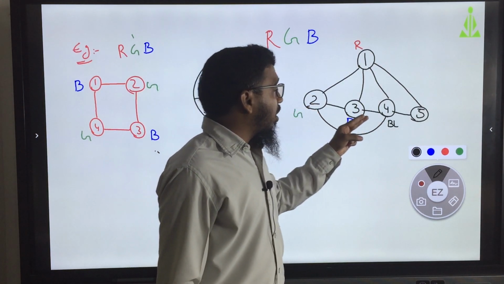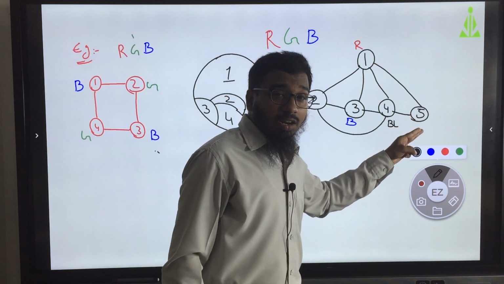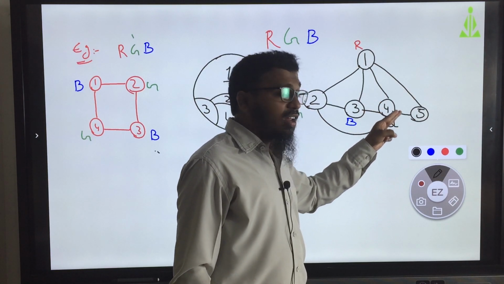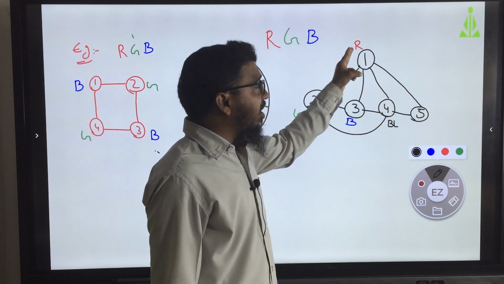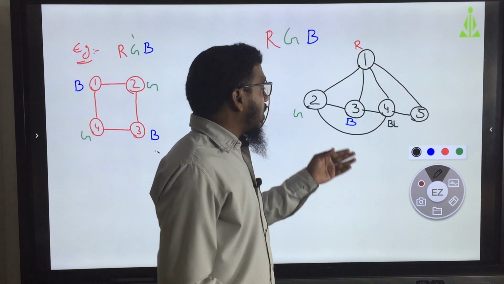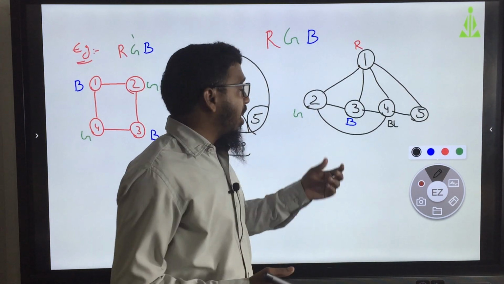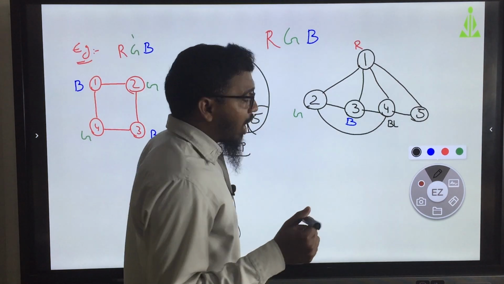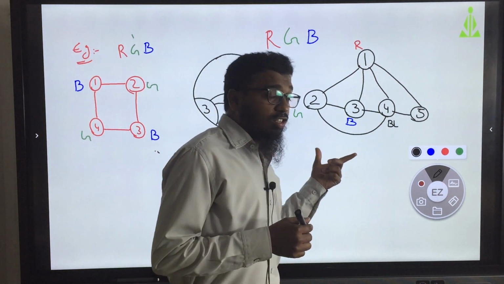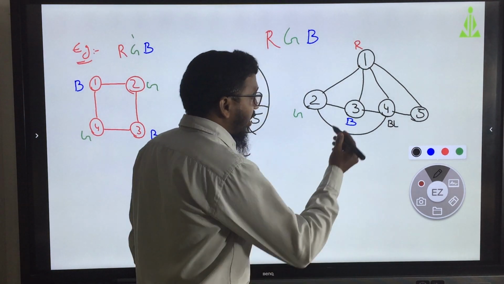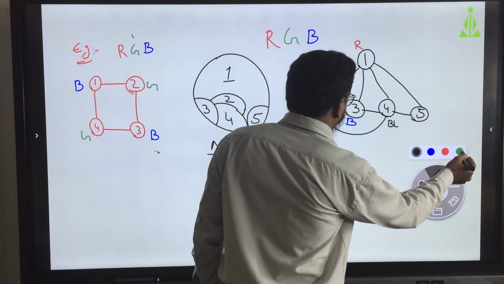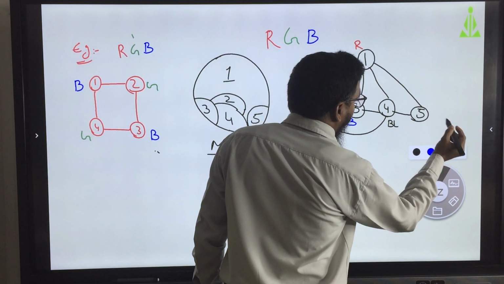Can I give the black color? No, black color cannot be given. Black and red color is not possible. We have to give the green color or blue color, any one of these. Okay. So, green and blue, I can take green.